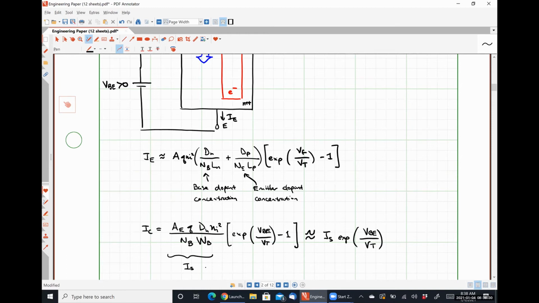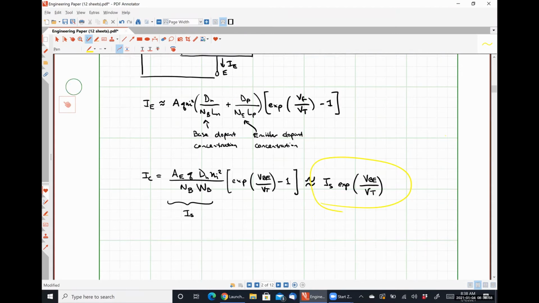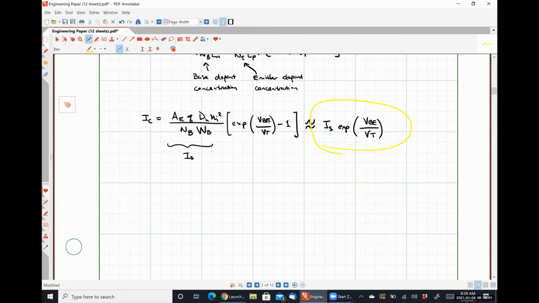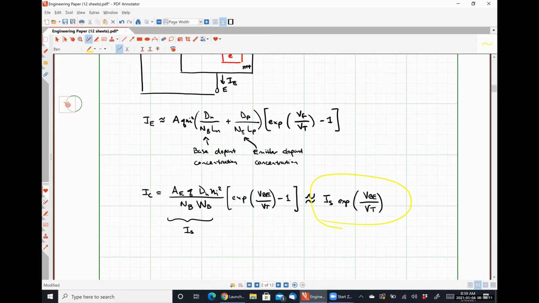So the overwhelming majority of electrons make it through, and we're left with this expression, which is telling us really how this thing behaves, under the assumption that VBE is much greater than VT, which it should be in the overwhelming majority. So that's why we're getting rid of this -1 bit right here. All right, so we can actually express all of the remaining currents in terms of IC, okay? So what I mean by that is, if we look at our simple diode equation here,